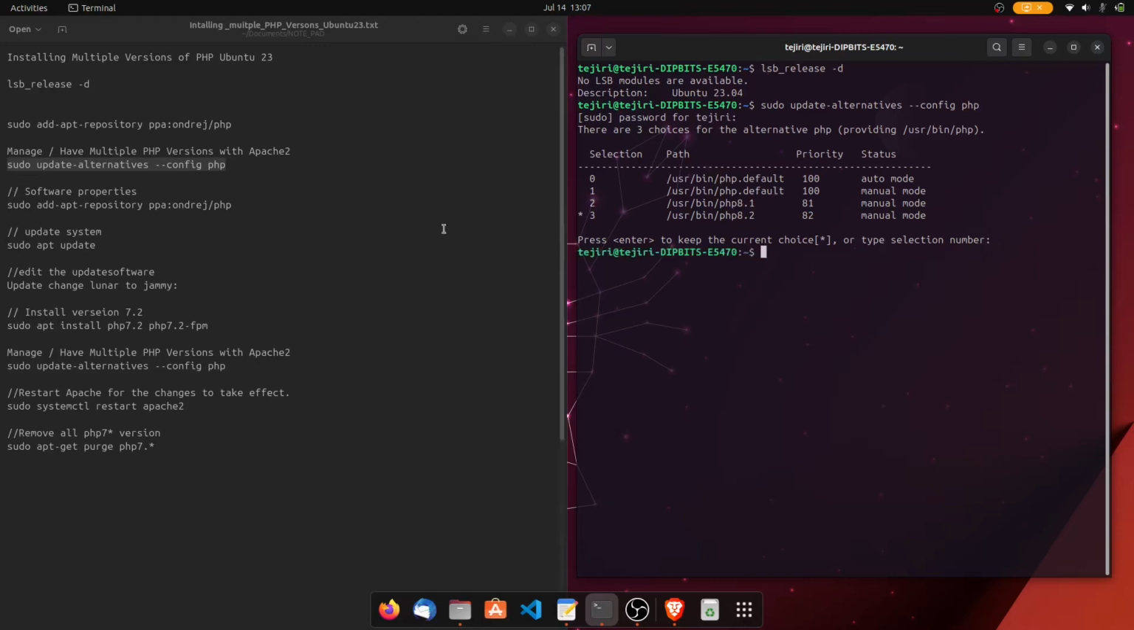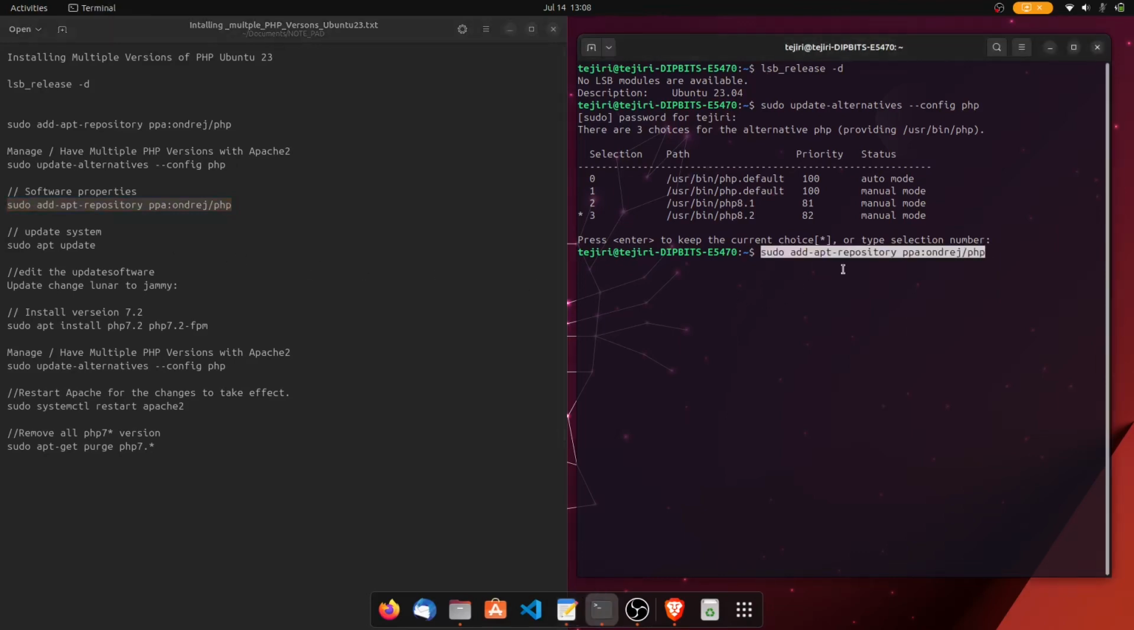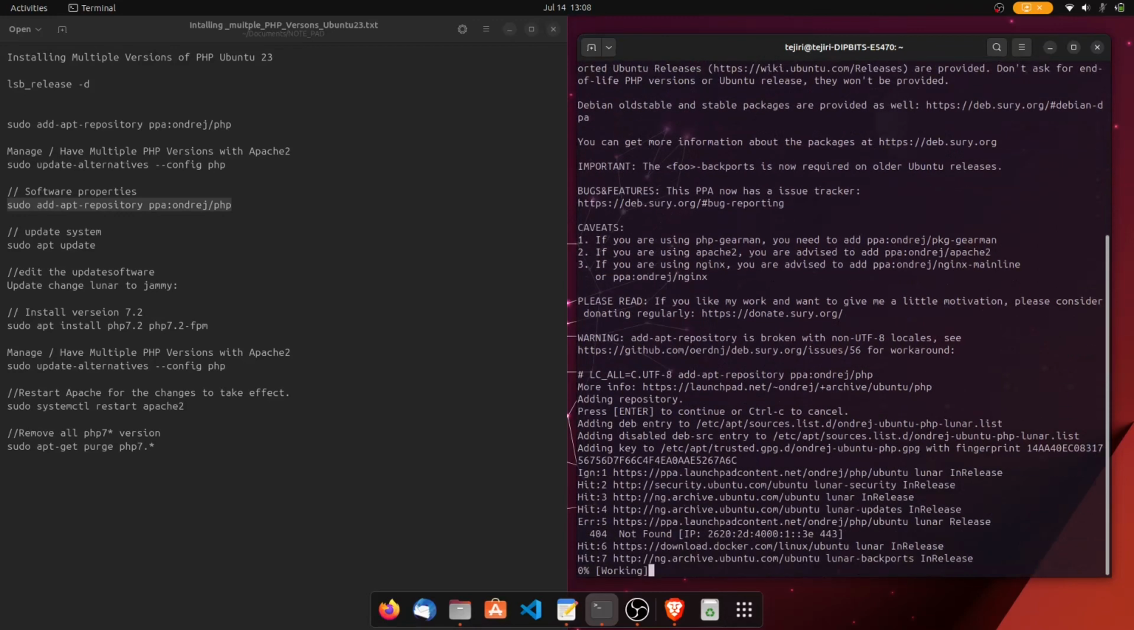I'll hit the enter. Now the first thing we'll do, this is the process. Pay attention to what I'm doing here. First of all, you run this code, sudo, you install the PHP ondrej on your machine. Now many of us will get an error when installing ondrej PHP on Ubuntu version 23. Not to worry, that's the essence of this video. I'll tell you how